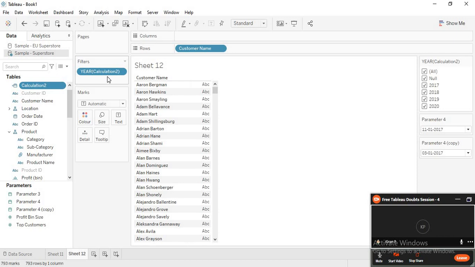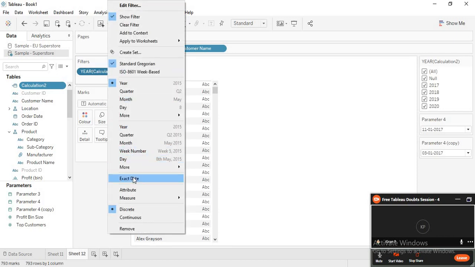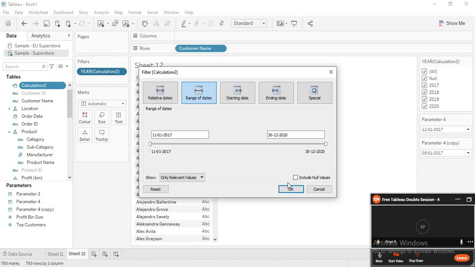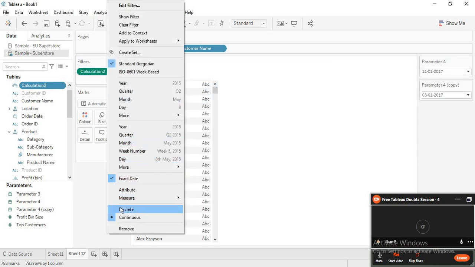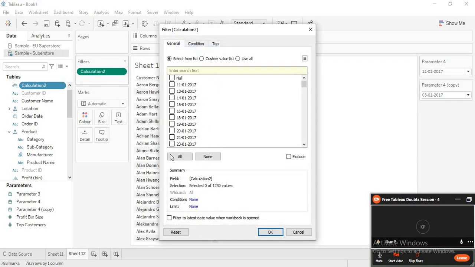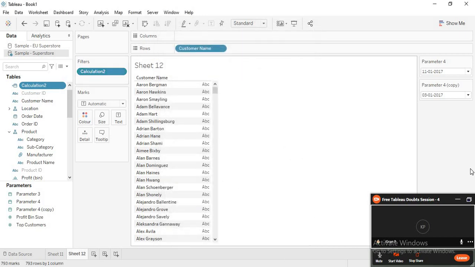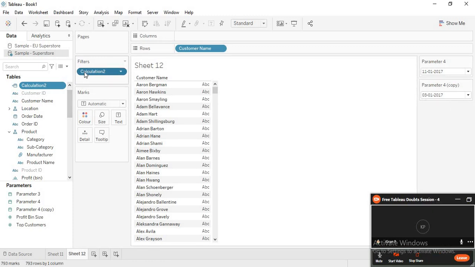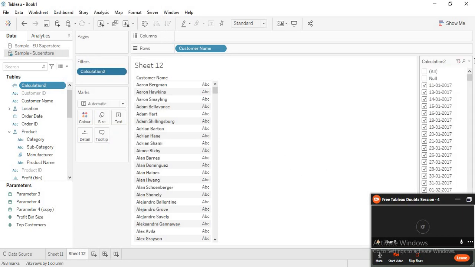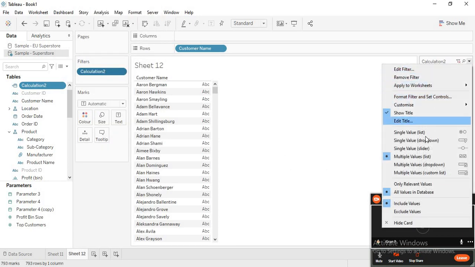Right, now here let me take exact date, and then let me take it as discrete. Okay, now let me show the filter, and here let me select single value dropdown.